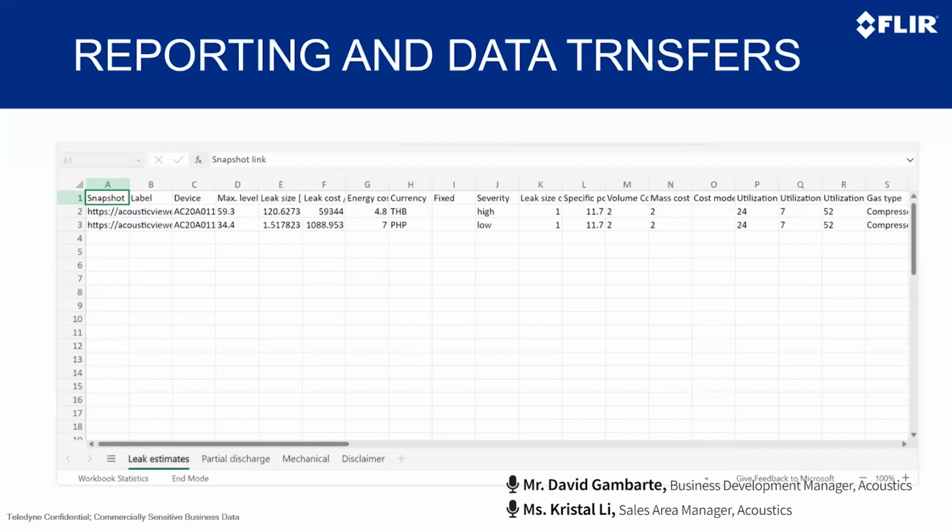The beautiful thing about this is that the reports are automatically categorized by type. If this is a leak report, it will go automatically to the leak estimates, or the partial discharge, or the mechanical. Then end users can pick and grab the data they want to use for further analysis in their own corporate system.